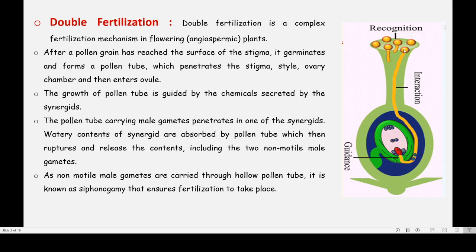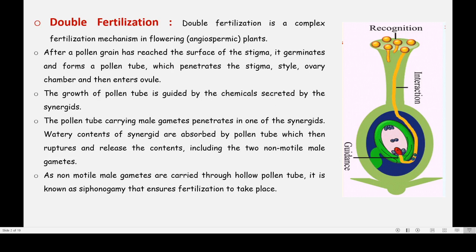This pollen is forming a pollen tube which is going to the micropylar end of the ovule. It has reached the micropylar end of the ovule. This pollen tube carries 2 male gametes. Usually you will find that the pollen tube enters through the micropylar end, but other evidences are also there which we will see later. Now here our pollen has penetrated the ovule. Here you can see it has penetrated the ovule.